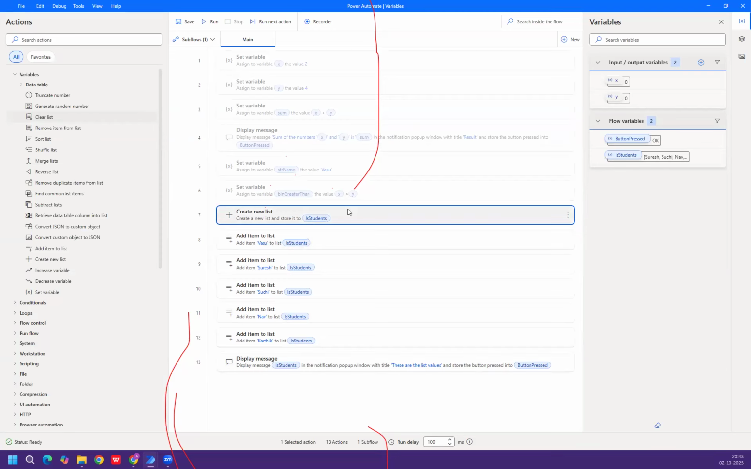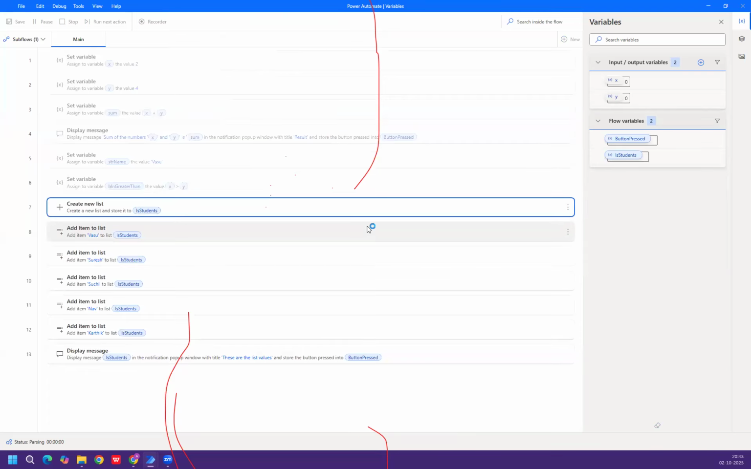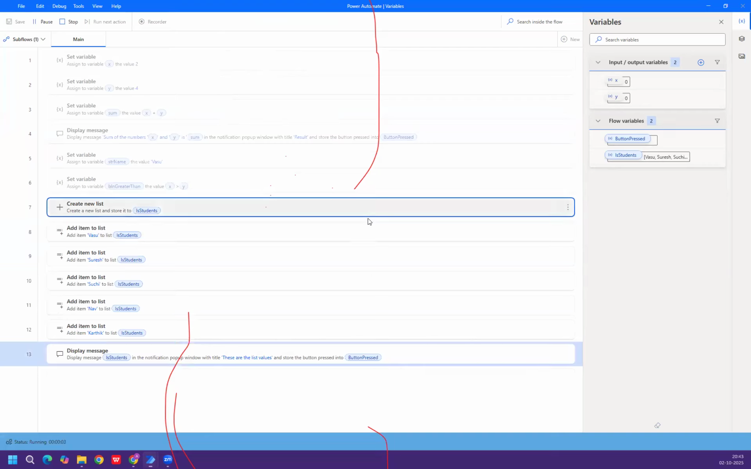Anyways, what we are looking into right now is how we are going to display this particular list. So if I just write ls students,